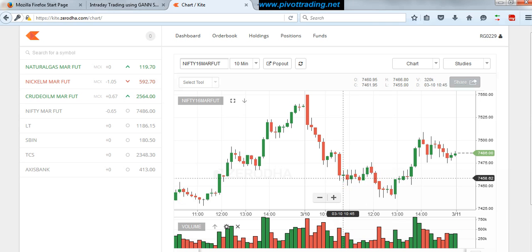So if target 2 is achieved, book the profit, come out of the trade. Or if you have decided that you will go for target 3 and it is achieved, book the profit, come out of the trade. Don't wait for the next target. If you want to wait for the next target, then use the concept of trailing stop loss. Okay, so let's say we have decided that we will always move out maximum at target 3, and we have moved out at